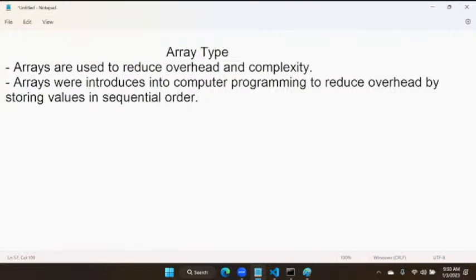By storing values in sequential order. Earlier we didn't have the arrays concept. Arrays came into computer programming after floppy, CD, hard disk were invented. Earlier we didn't have arrays because there was no need, because data was already in sequential order only. After floppy, CD, hard disk were invented and used in our computer devices, we started